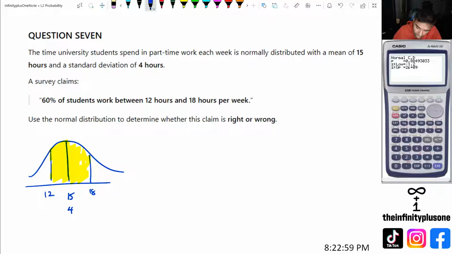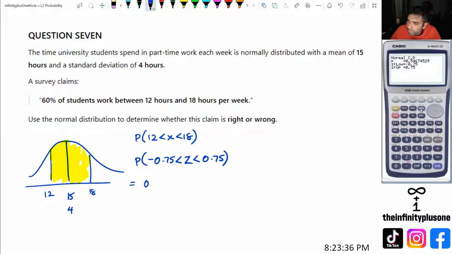All right, so we're going to work out the probability. So probability of between 12 and 18. And I'm just going to work again in the calculator, because it gives me the Z values as well, so it saves me a lot of time. So my lower is 12, my upper is 18. Standard deviation is 4. My mean is 15. And there we go. So probability between negative 0.75, so that's for Z, and that's between positive 0.75. And this is equal to